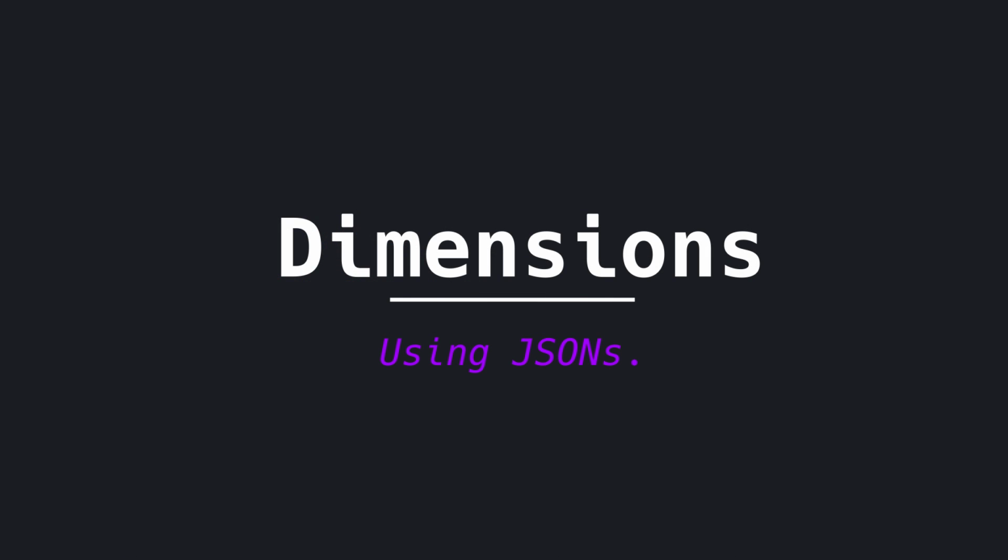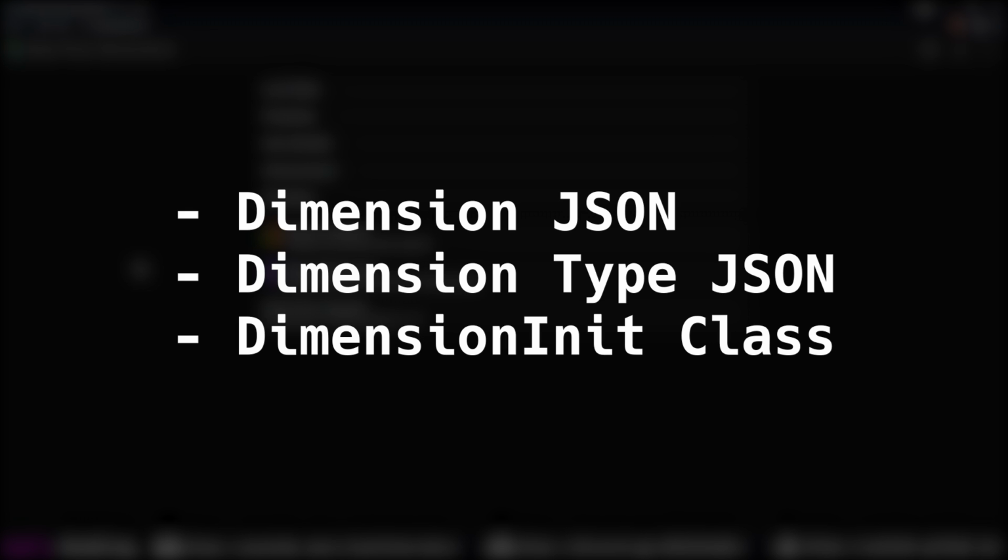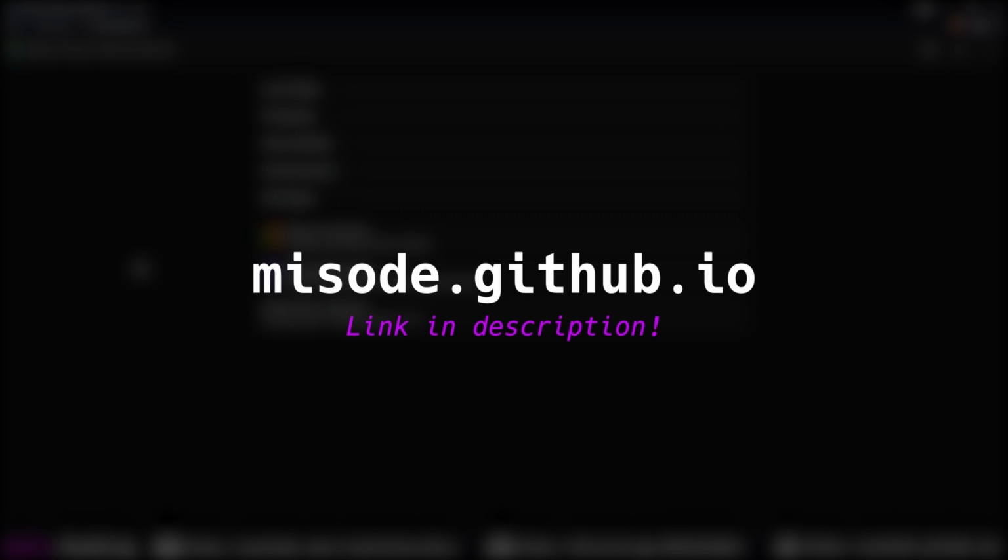Today we're going to be covering dimensions. To make a dimension using JSONs, all we're going to need is a dimension JSON, a dimension type JSON, and then a quick init class just so we get the registry keys for the dimension. To create the JSON, we will once again be using Misod's data generator on